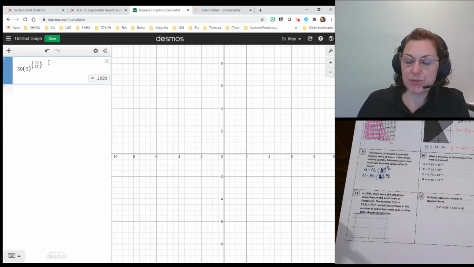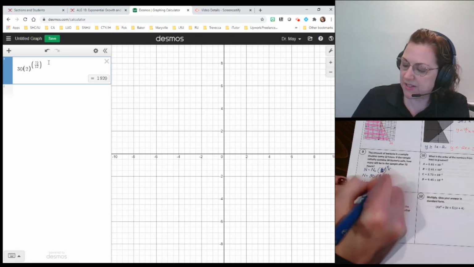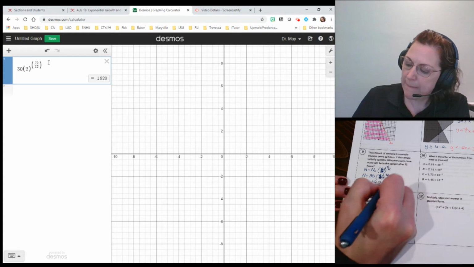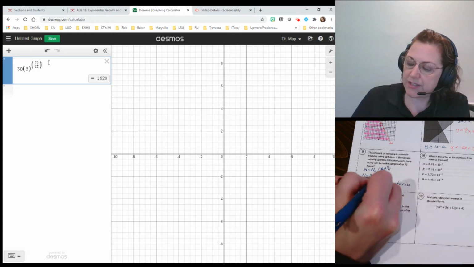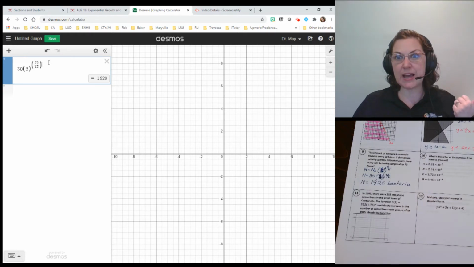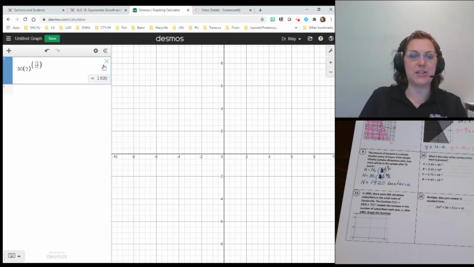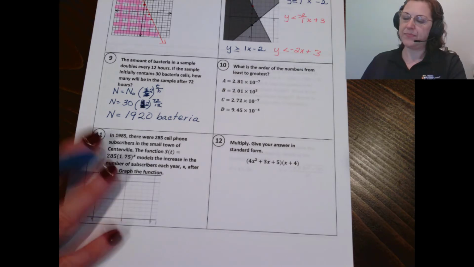And friends, notice what Desmos did for us. It found that value. It's 1,920, and that's bacteria. So just a reminder, once you can set it up with that formula, use that Desmos calculator to help you with the calculations there. I'm going to switch back so we can go back to problem number 10 next, where